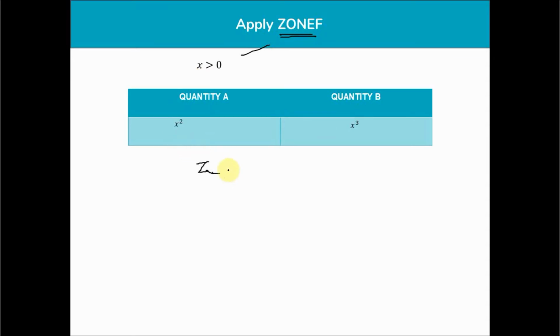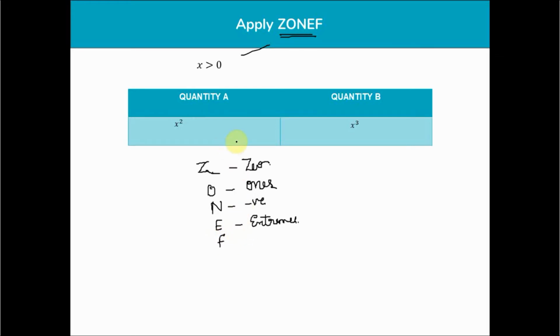That is when you have to apply ZONEF. Z stands for 0. Then O stands for ones, both positive and negative ones. That is, take x is equal to 1. N stands for negative numbers. Any negative number you can plug in. E stands for extremes. Suppose you are going to check with, say, 2 and 3 for x, also check with hundreds and 200s for x. That makes sense because sometimes it works out for small numbers, and something doesn't work out for large numbers. Then F stands for fractions, say 1 by 2, 1 by 3. It could be a proper fraction or an improper fraction.